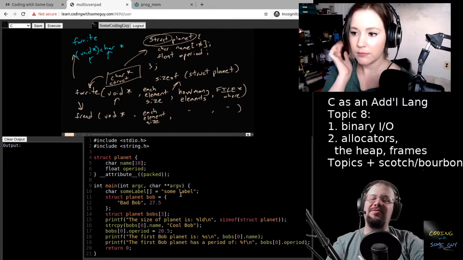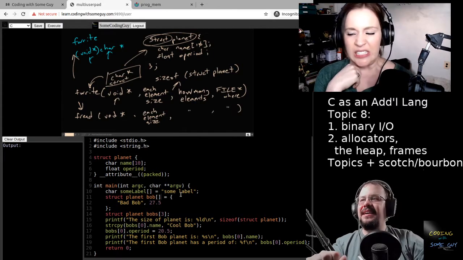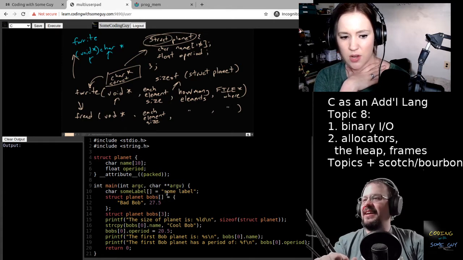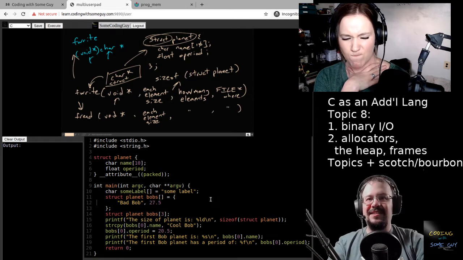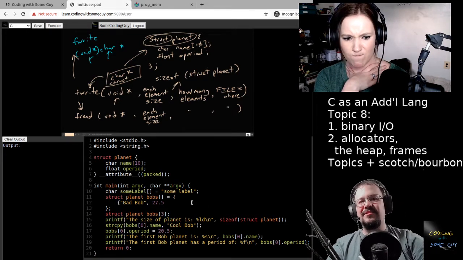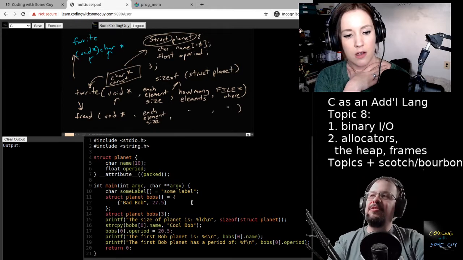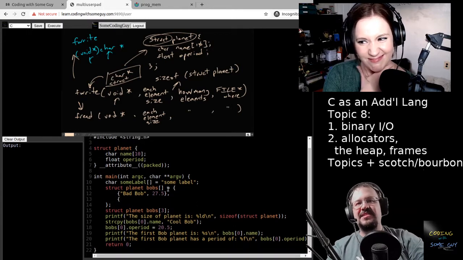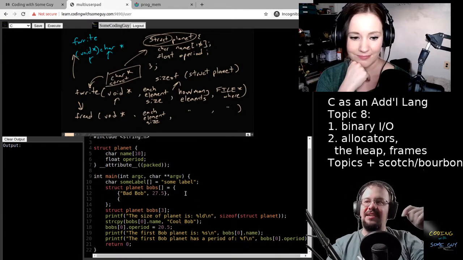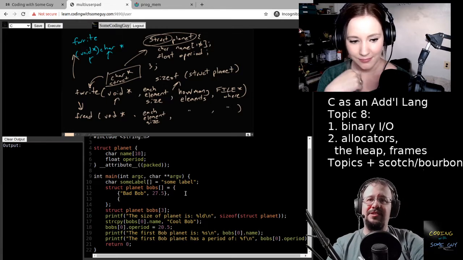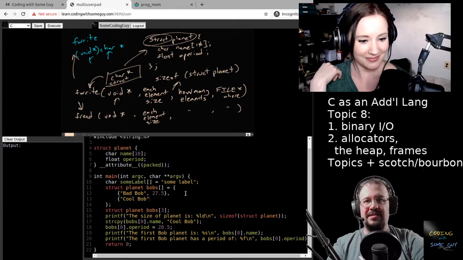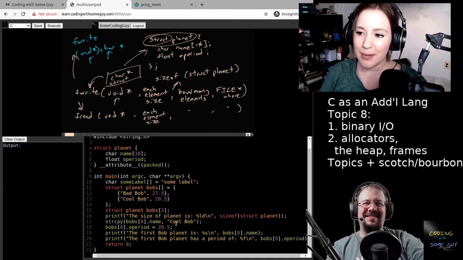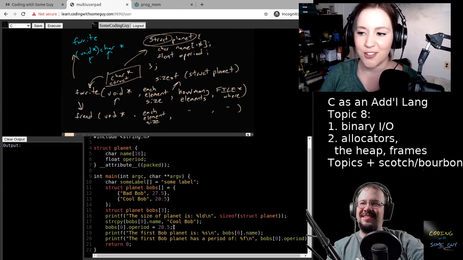Well, guess what? This also works for arrays as well. So I can do this and say this is going to be an array of planet Bobs, and we can start specifying this one at a time because the C initializer is going to be nice to us. It's a nested struct. Yes. Well, because it's an array. Okay. It's an array of structs. So this is kind of a short notation of being able to do this all at once. No, okay, yeah, you got it right. Bad Bob should be much, give it like 127. Okay.